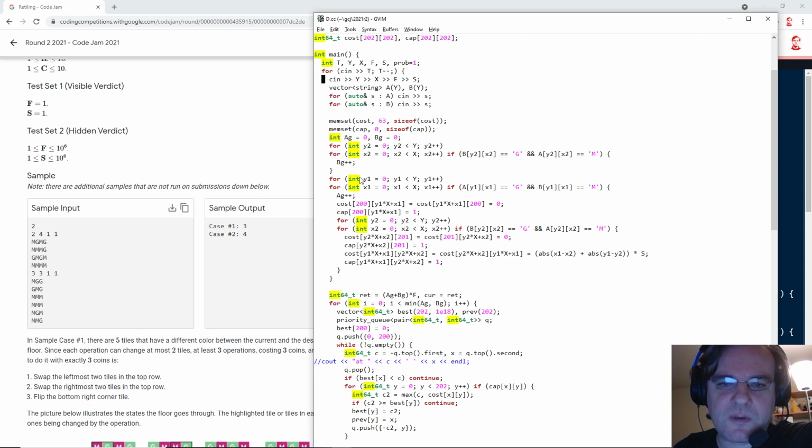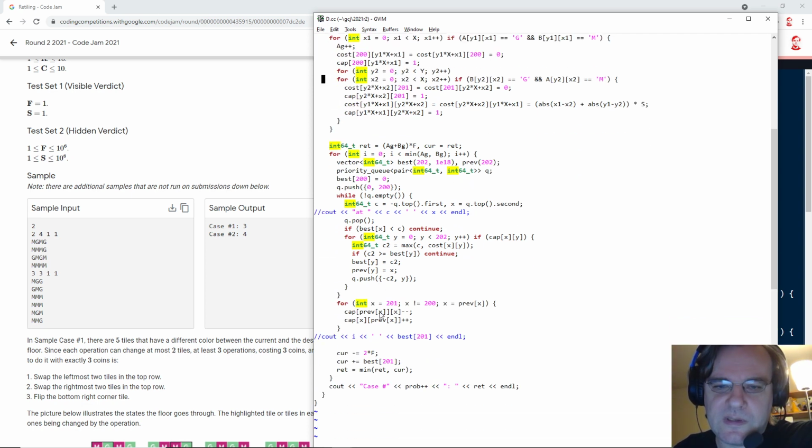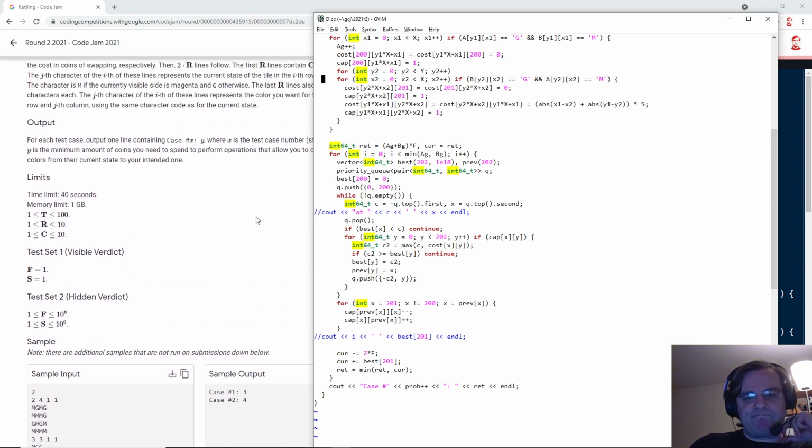That's int64. So since I'm using int64s for everything, this is not going to overflow. The answer can't overflow, but some of these intermediate costs actually could overflow if you were doing the wrong thing, I believe.